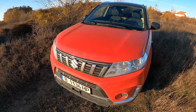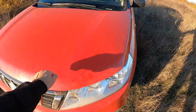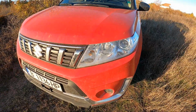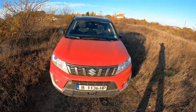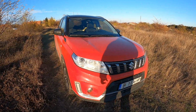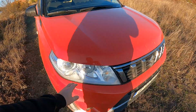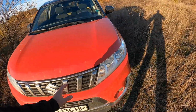About the quality of the parts, of course, it's a low-level car, it's a cheap car, everything is really soft, really weakly made, it's plastic everywhere. However, they do it like this nowadays in order to have a better price. So pretty modern, it has LED daylights as standard. If you buy the next level above Geo Plus, you can get some LED headlights too, but I don't need